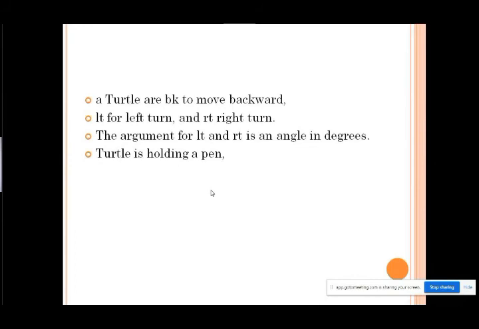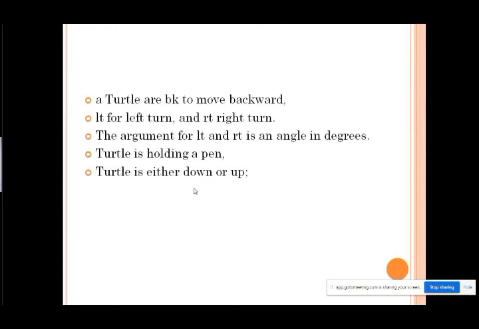It's not able to draw a figure or anything. So the turtle's pen is either down or up.